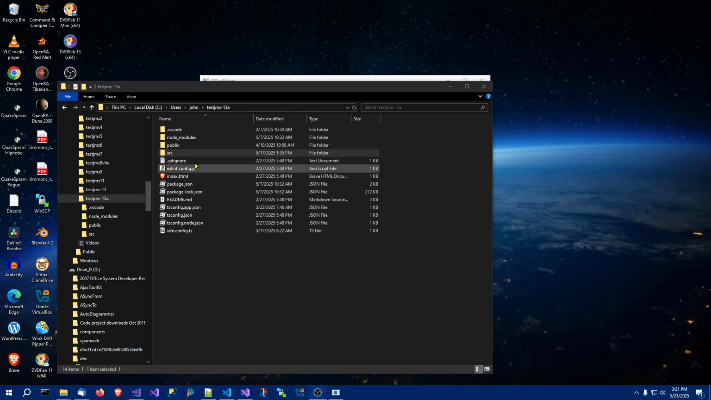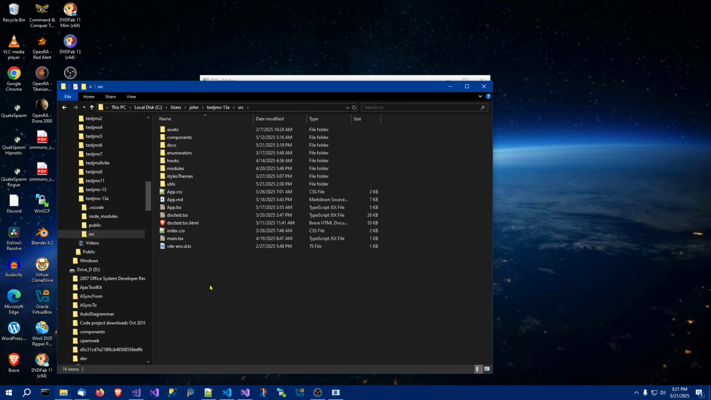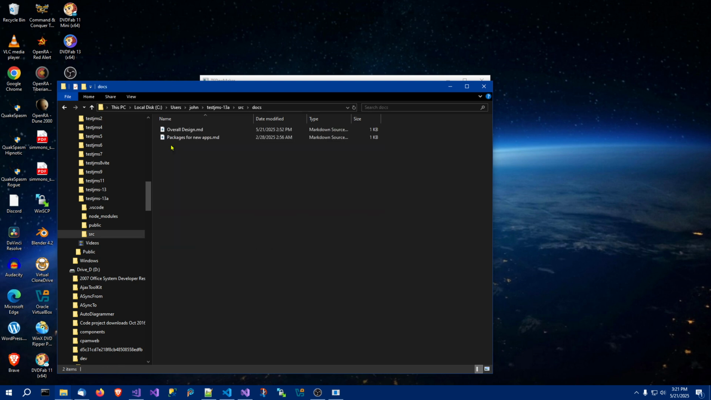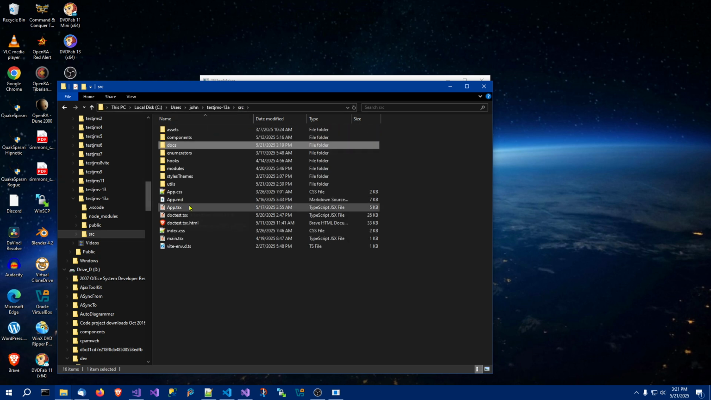But anyway, here's my app folder, and of course I've got a source folder here, and all my source code is in here. I've already got a documentation folder with a couple of MD files, and other than that, there's no documentation in the app other than the comments that are in the code. So in order to